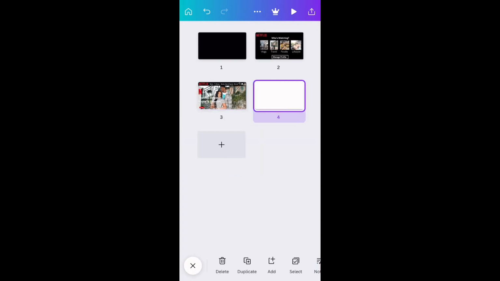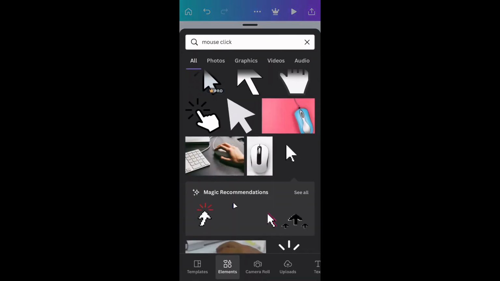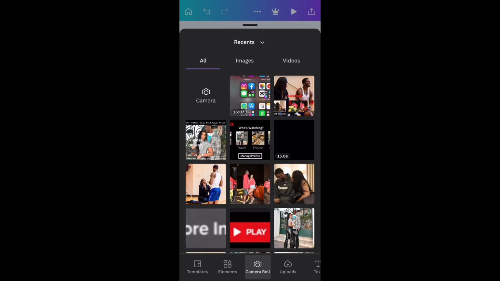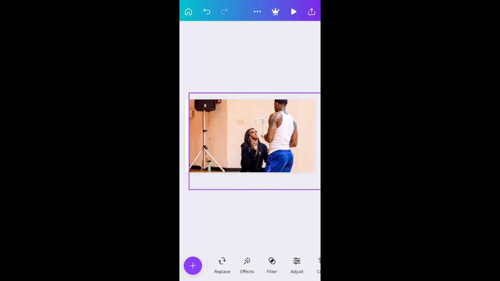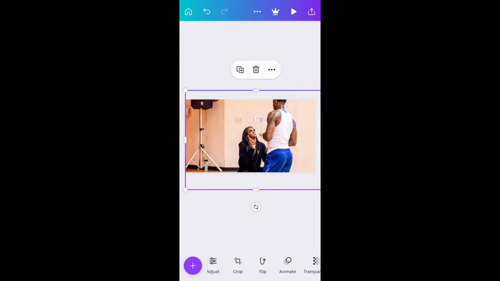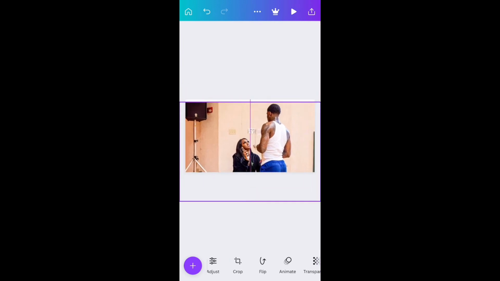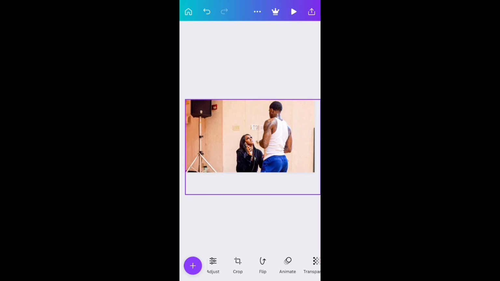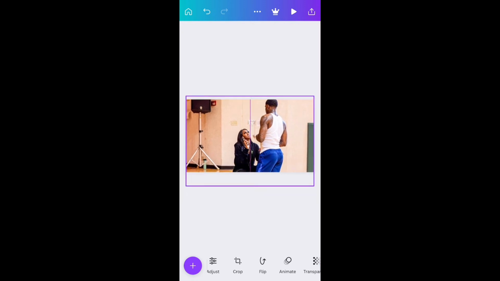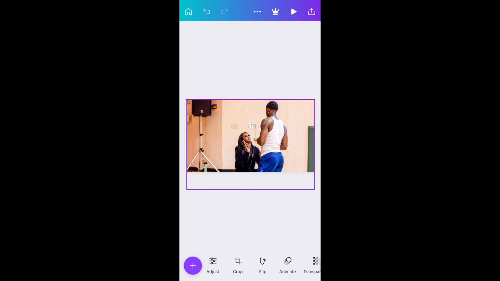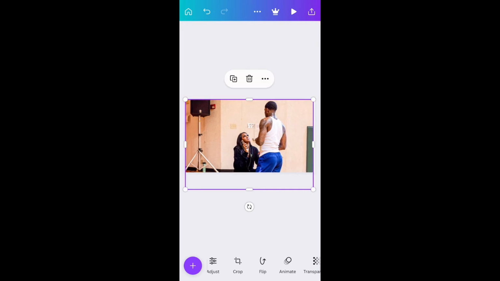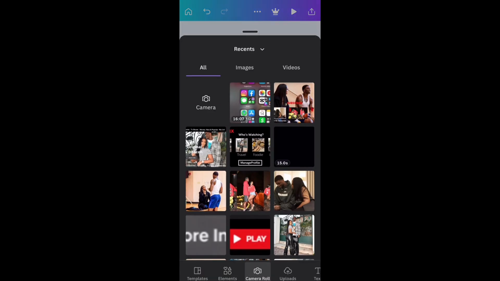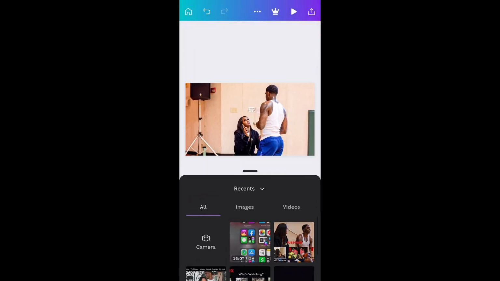And then I added the fourth part to it, which is the last part. I added another picture of them, placed it where I wanted it, cropped it a little bit, so you could still see both of them or whatnot. And I was like, okay, boom, perfect. Once I got it where I wanted it, that's when I was like, okay, boom. I clicked the purple plus sign, and then I